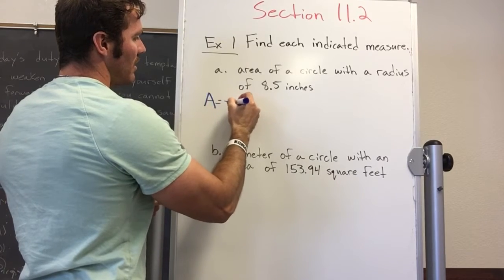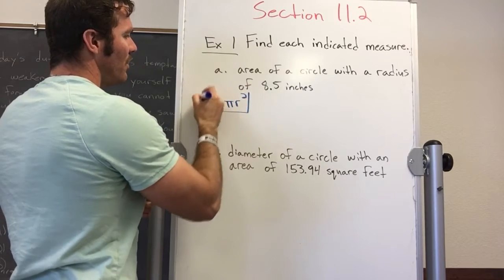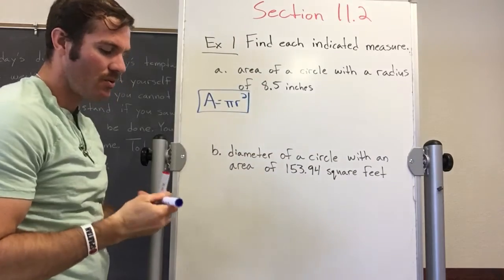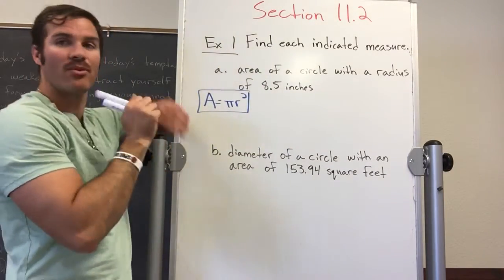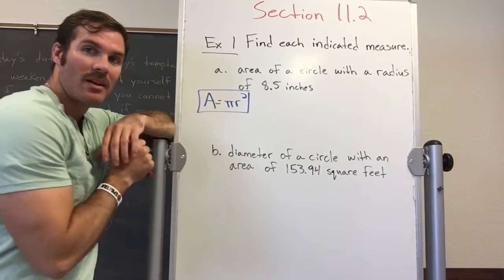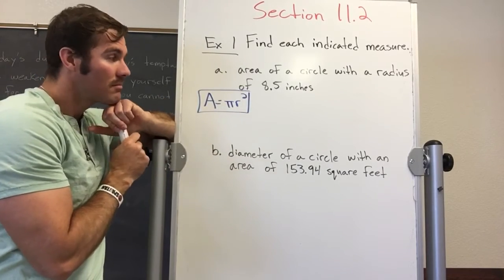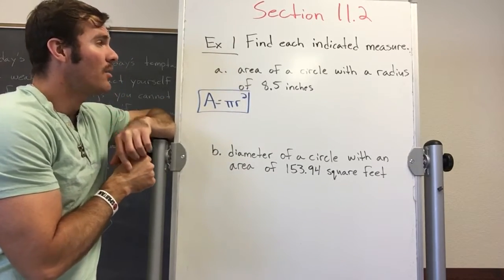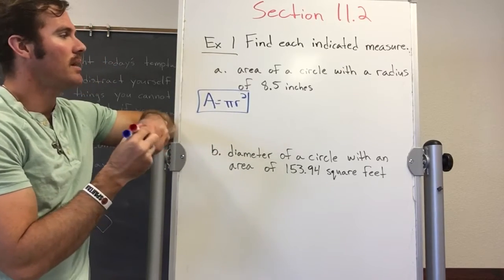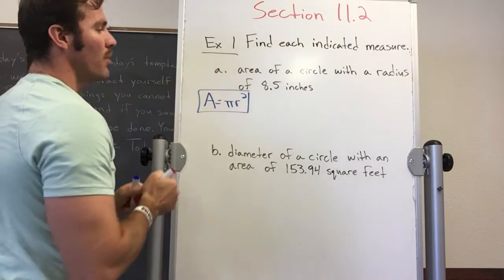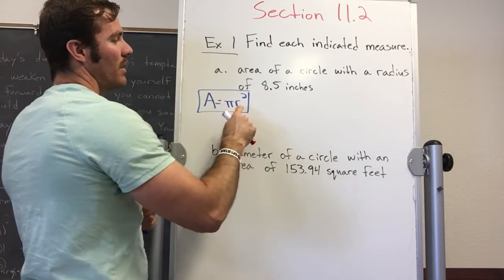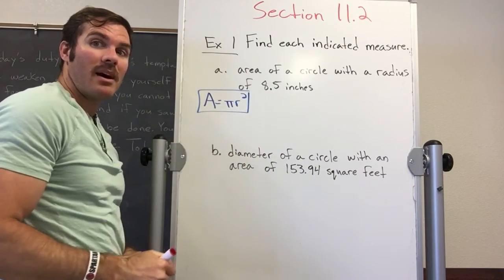is pi r squared. You need to memorize that. You need to know that forever and ever and ever. When you do a home improvement project or something, you're going to use this. True story. Okay, so the area of a circle with the radius of 8.5 inches. All you have to do is substitute in 8.5 inches into the radius, multiply it to pi, and then boom,